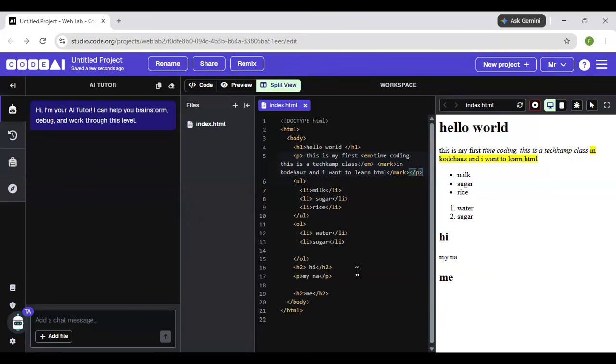Sir, tags and elements, are they different things or are they the same?